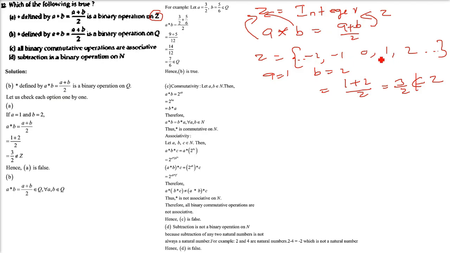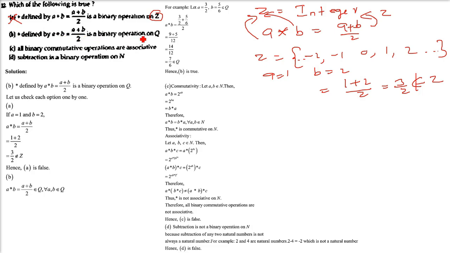It is not belonging to this Z. So this is false. First one is false. 3 by 2 is not an integer. So we'll take 1 by 1. I am saying 1 by 1, right? Now in the second part, what we see, star defined by A star B is (A plus B) by